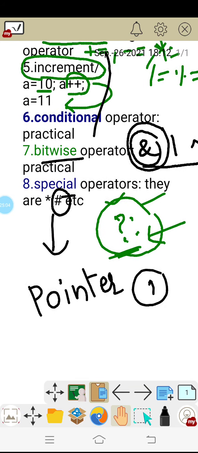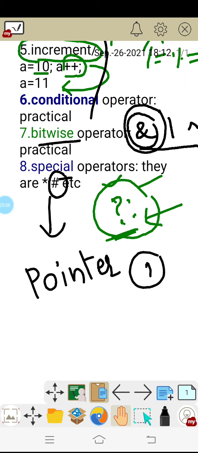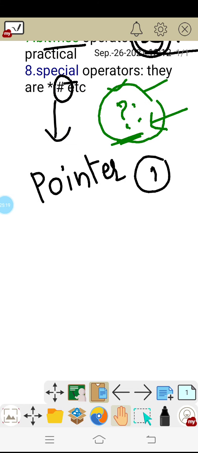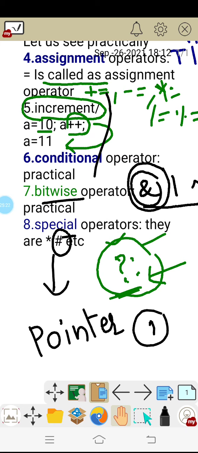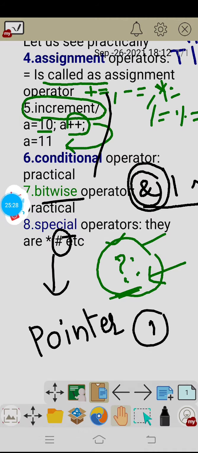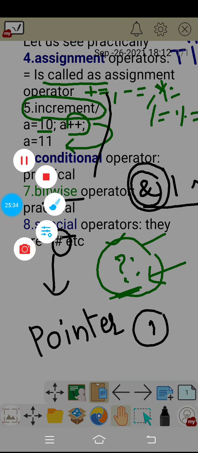With the conditional operator, whenever the condition is true, one part is executed; whenever the condition is false, another part is executed. For bitwise, only the practical part is given; the calculation part will be given later. The special operators are very simple: comma, star, etc. Okay, this is the total explanation about the operators available in C language. The same operators are also available in C++ and Java. They are not different, they are the same.